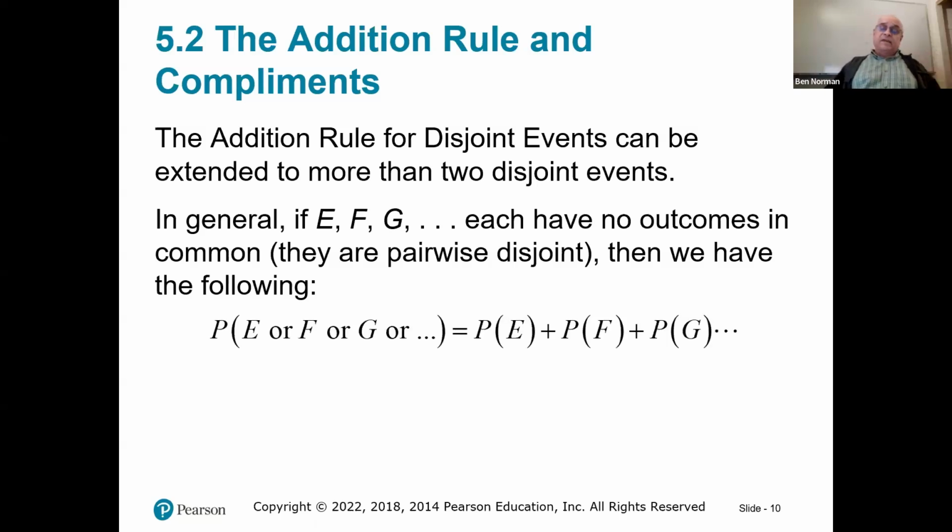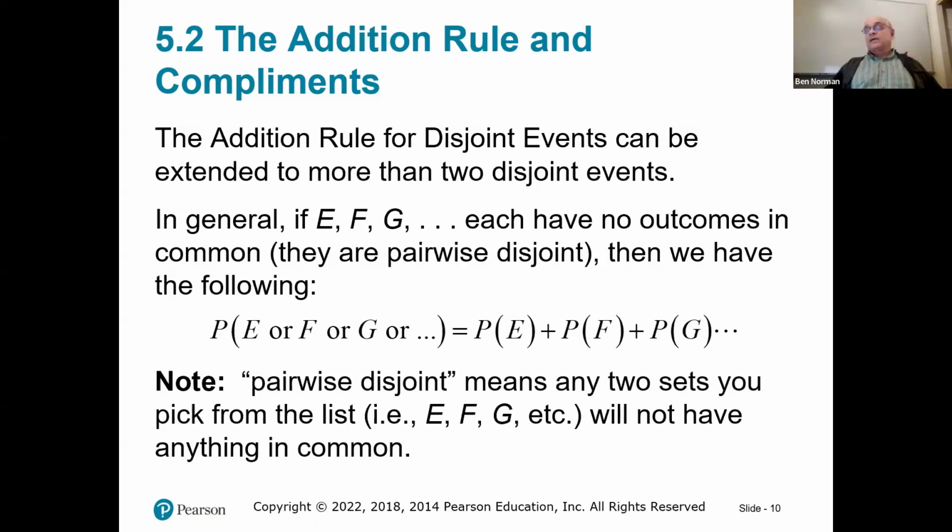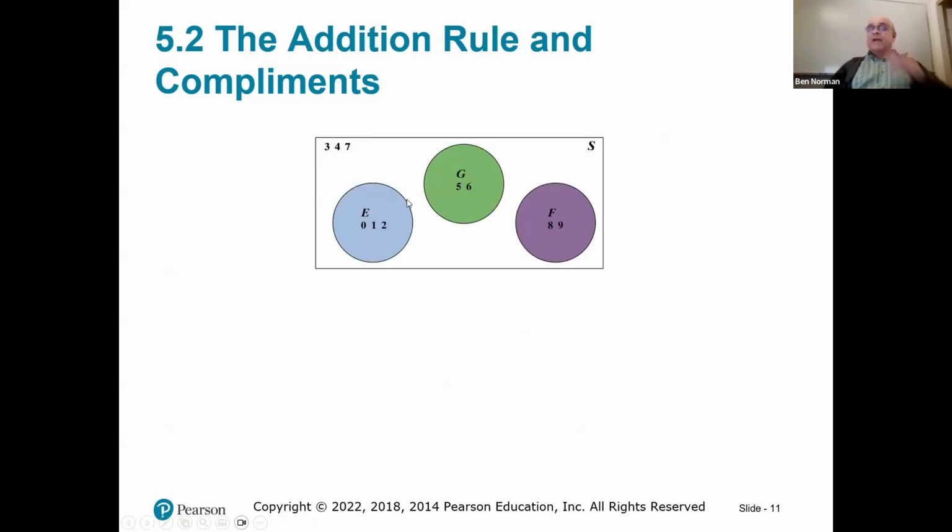The probability of E or F or G or H or etc. is equal to the probability of E plus the probability of F plus the probability of G, etc. Note, pairwise disjoint just means that for any two sets that you pick, E and F, E and G, F and H, G and K, whatever the case may be, any two you pick will have nothing in common. We have these three sets. They are pairwise